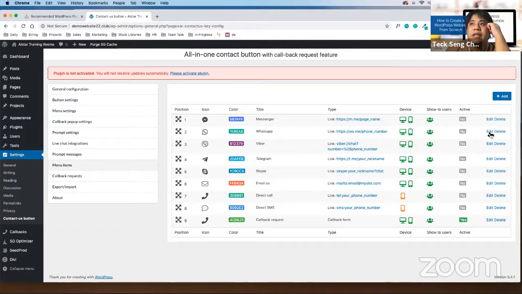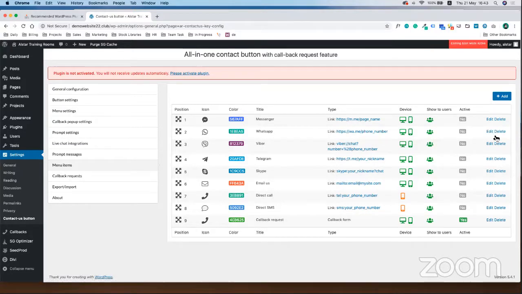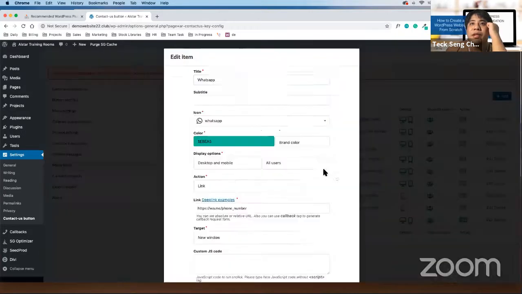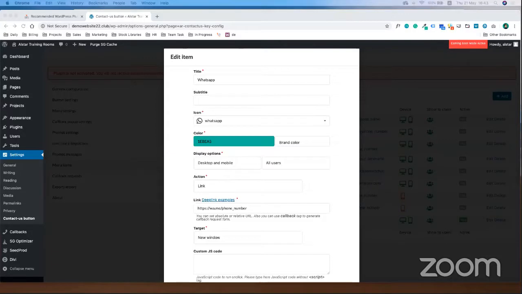Just on the right hand side, you will see edit and delete. So click on edit. If you manage to see what I see on my screen, give me a thumbs up. Okay, very good. Just click on edit.